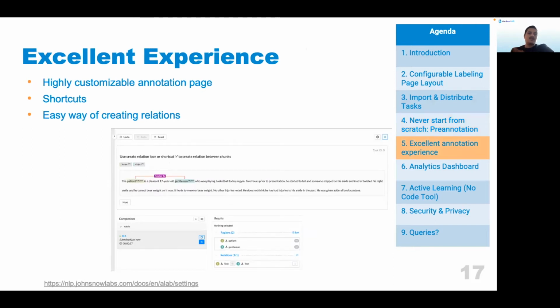Which I have said here, excellent experience that annotation team can have. It's mostly about how customizable the annotation page is. It has so many different layouts on the project level or per user pages. For example, in this screenshot, I was trying to show you how easy it is to annotate a relation between two NER